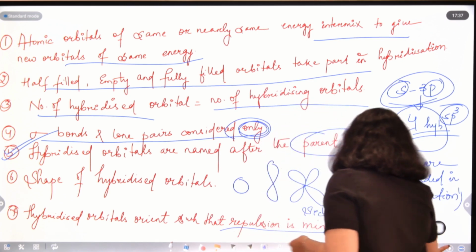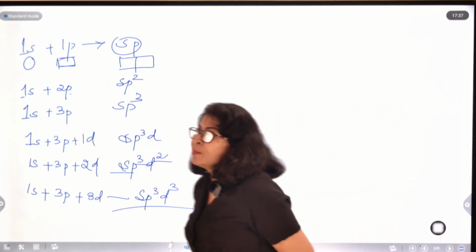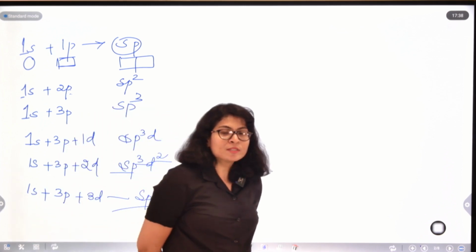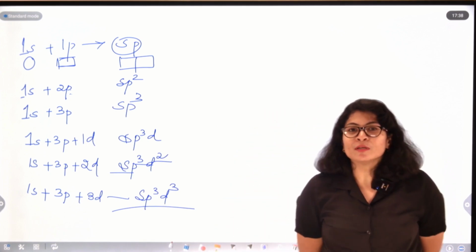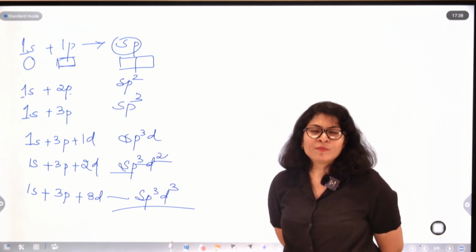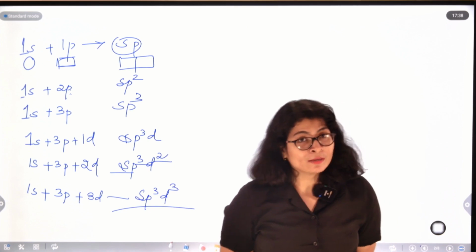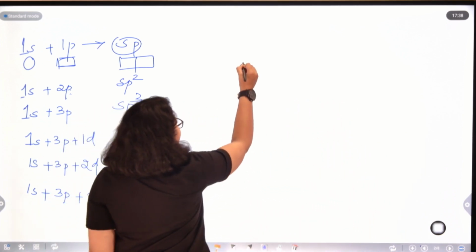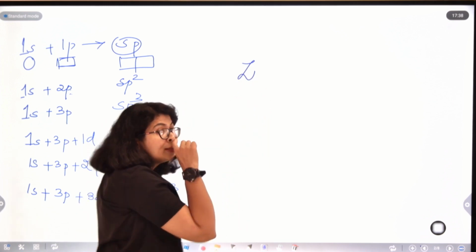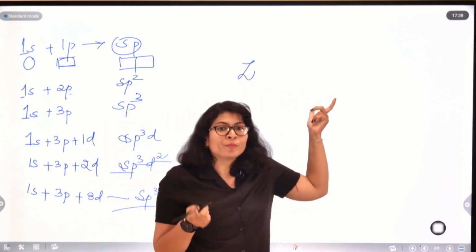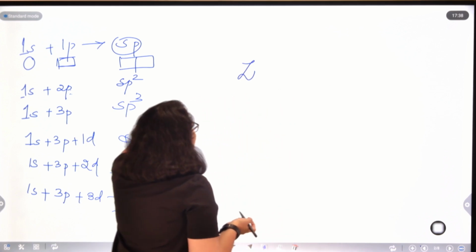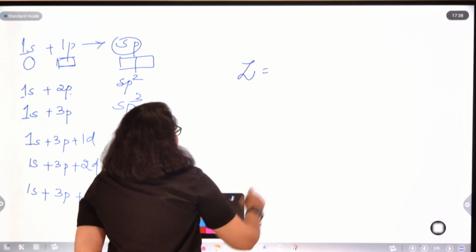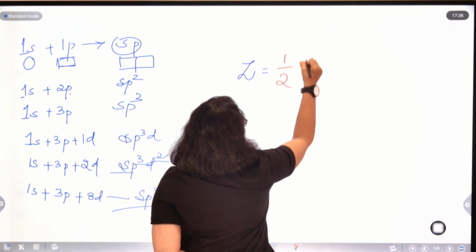Now, after learning all this about hybridization, your question might be: how to find out the hybridization for any given atom? So in this video, I will give you a shortcut trick where you can easily and quickly find out the hybridization of any molecule or ion given to you. First of all, we need to find out the value of Z. Z is the number of hybridized orbitals, right? In order to find the value of Z, you have a formula. Z equals half of